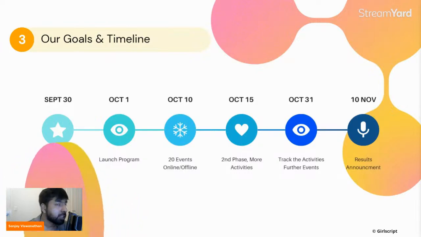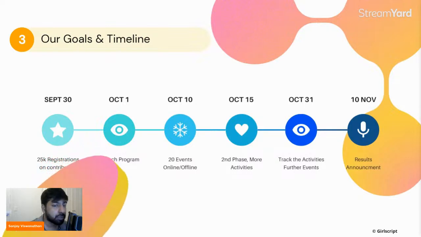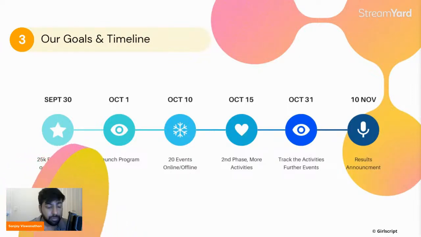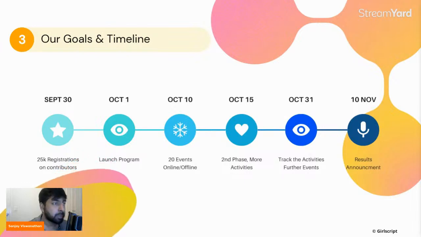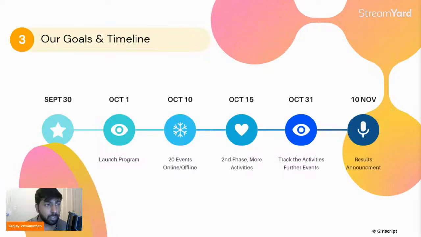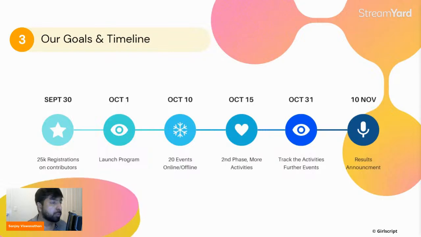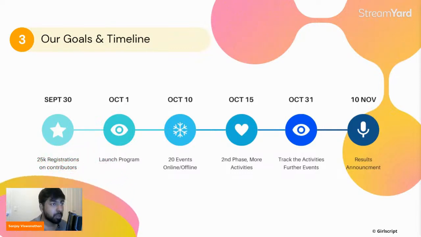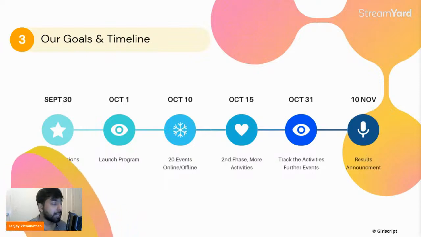I will also be training you how to build up and scale up during a few individual sessions here and there. By August 15, we will carry out the second phase, which is more activity focused on the campus ambassador. We don't just want you to bring people in and be inactive. We want you to be active, to learn more about open source, and to be a contributor. As you are already a selected campus ambassador, I will personally help you all scale up your skills, communication skills, development skills, or any other extra perks which I can give to you.